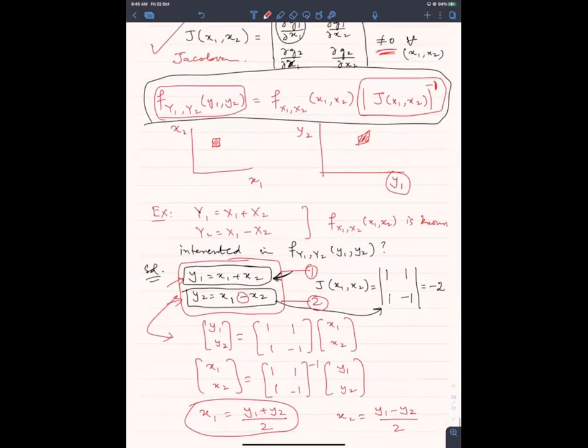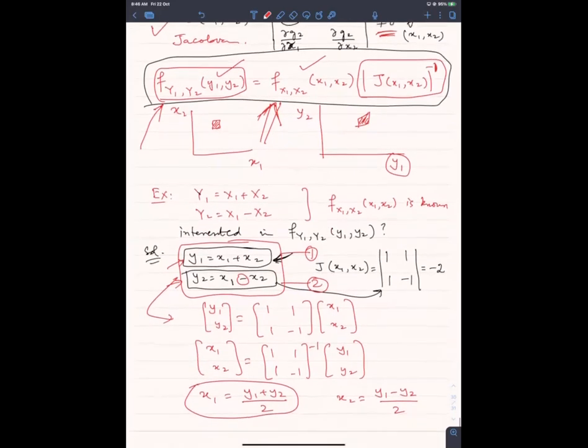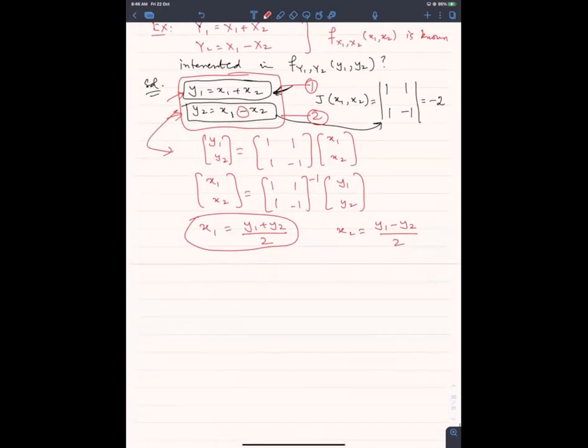Okay, now I am ready to write the joint PDF of y1 and y2, and the joint PDF of y1 and y2 I will use this expression. Okay, joint PDF of y1 and y2 would be equal to the joint PDF of x1 and x2 multiplied by the Jacobian of transformation inverse, okay, या उसकी magnitude value. So the joint PDF of y1 and y2, y1 comma y2 is equal to nothing but the joint PDF of